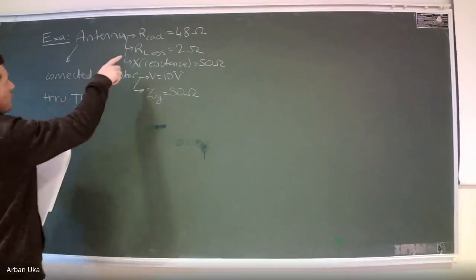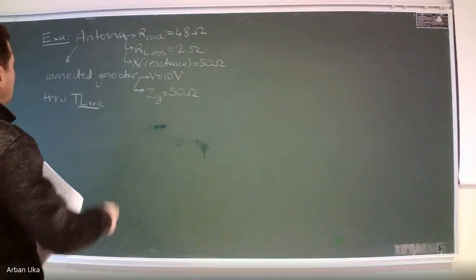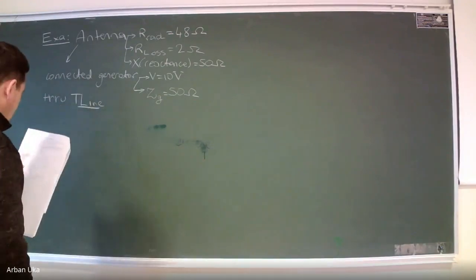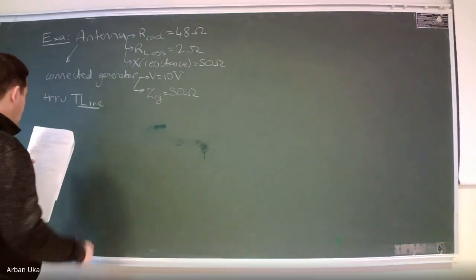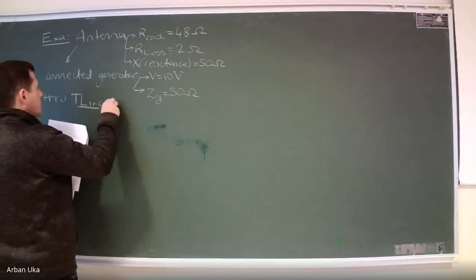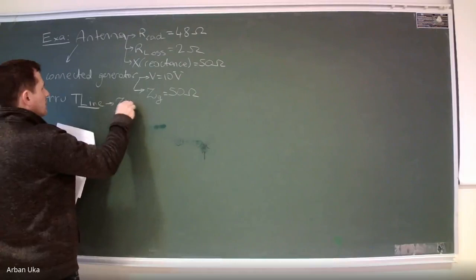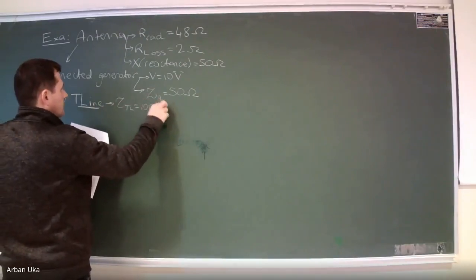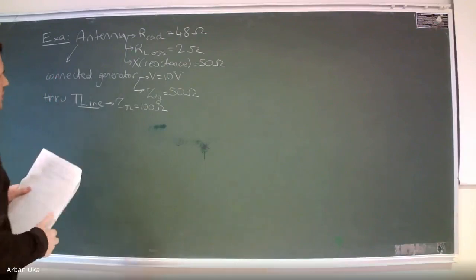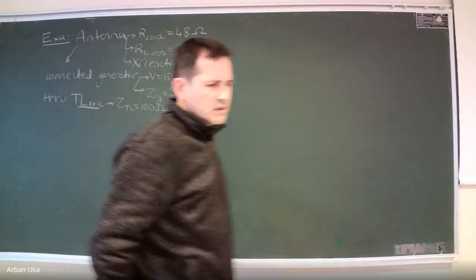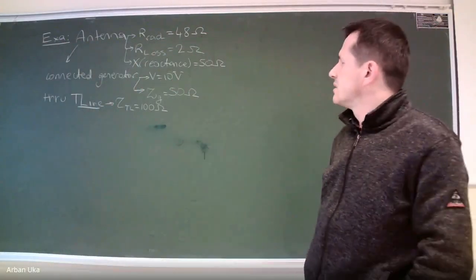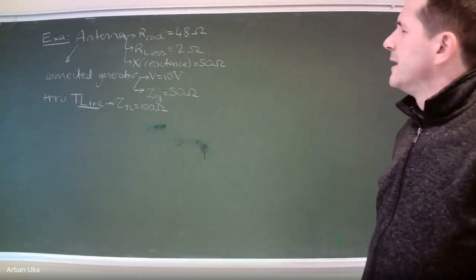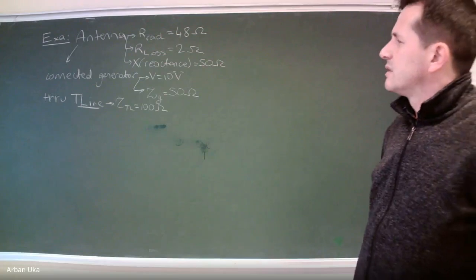So we have the antenna with these parameters connected to a generator through a transmission line which has a characteristic impedance of 100 ohms. So Z0 is equal to 100 ohms. In fact, the impedance of the generators often is in this range, something between 50 ohms to 75 ohms. And what happens is that